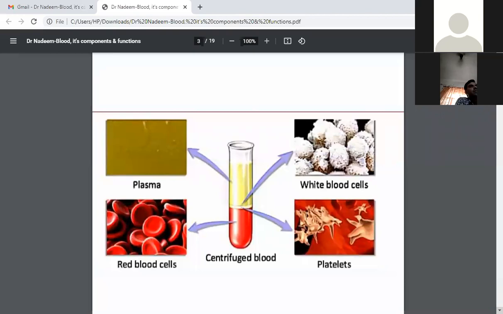These are the various components of blood. When blood is centrifuged in a test tube, different parts are obtained. The supernatant, the upper part, is plasma, the liquid portion, while the lower part is the platelets and red blood cells. The extreme lower part is red blood cells. After that, it is platelets, and then white blood cells. So these are differentiated into these zones when you centrifuge blood.